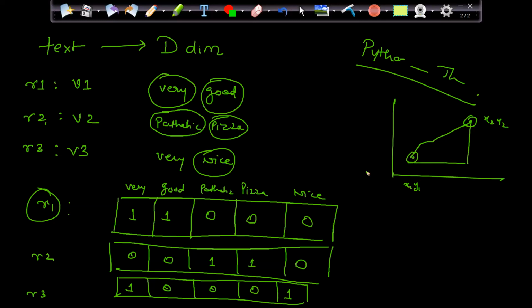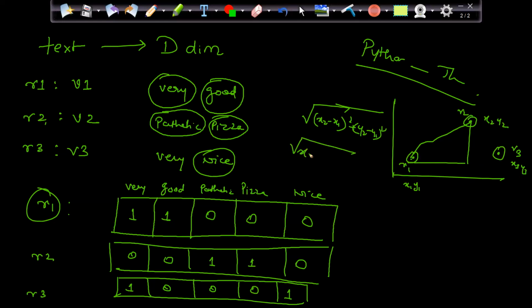Right? Pythagoras theorem. Let's say this is my review number 1. This is my review number 2. And let's say my review number 3 is here, x3, y3. I will find the distance of review 1 with review 2, which is nothing but square root of x2 minus x1 whole square plus y2 minus y1 whole square. Same way, I'll find the distance of review 1 with review 3 as well, right?